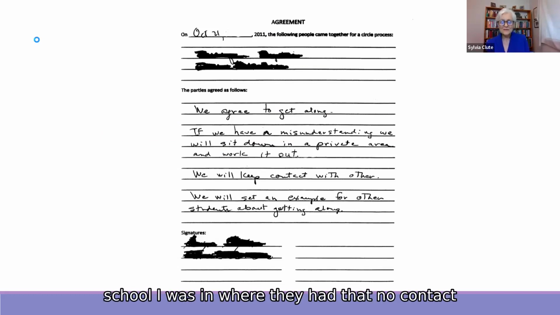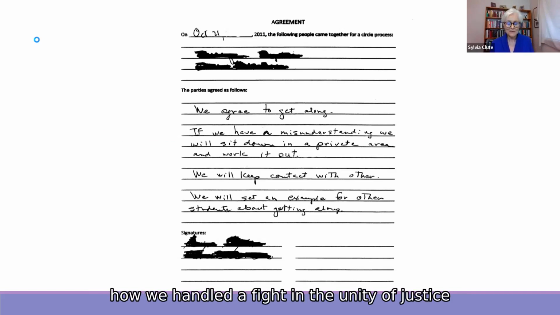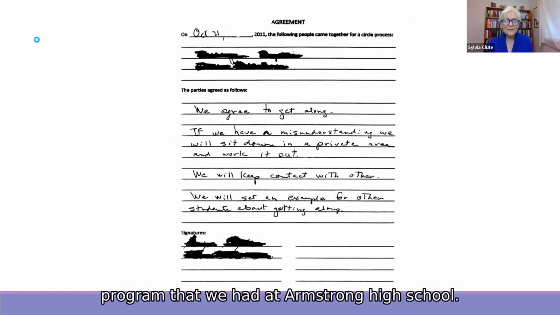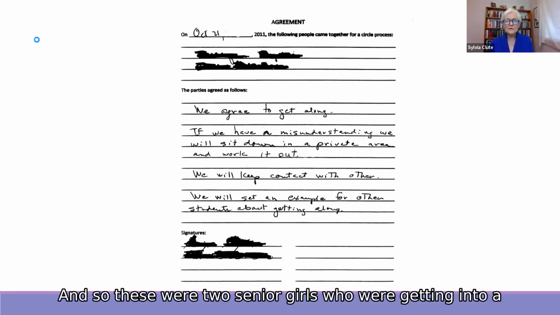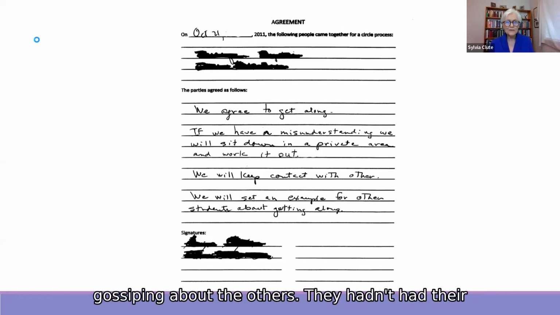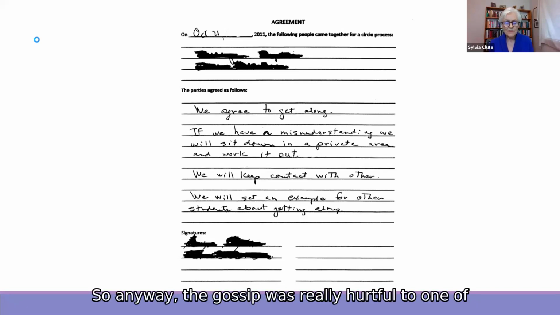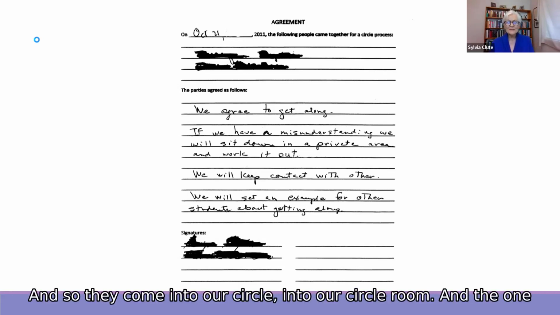So in the school I was in, where they had that no contact contract, you saw how they handle a fight. This is how we handled a fight in the Unitive Justice Program. It was called the Restorative Justice Program that we had at Armstrong High School. These were two senior girls who were getting into a fight because one girl was gossiping about the other. They hadn't had their fight yet, but they were working up to it. The gossip was really hurtful to one of them, and she was ready to take the other one out. And so they come into our